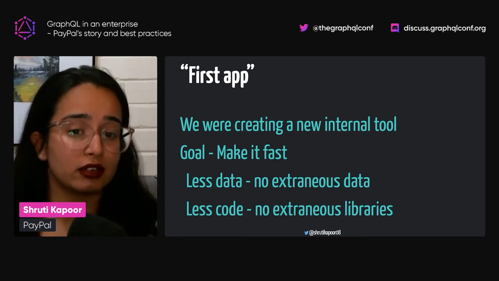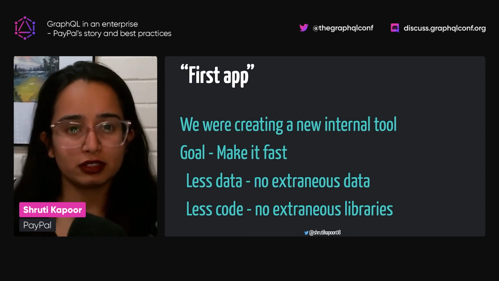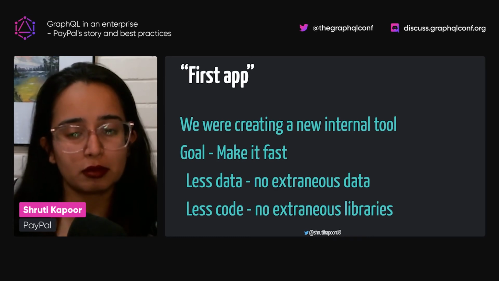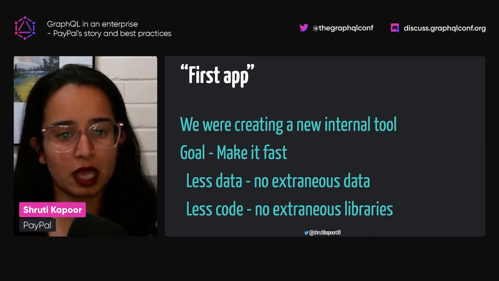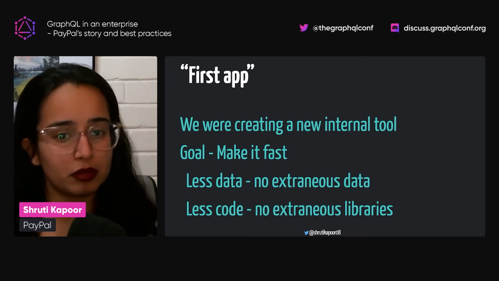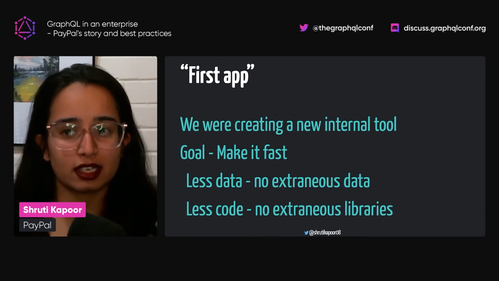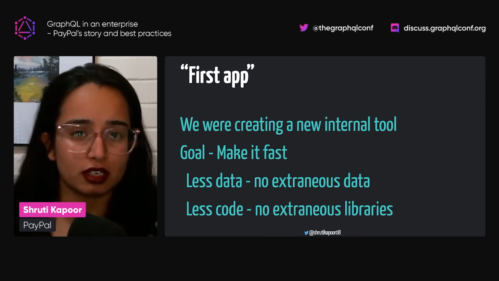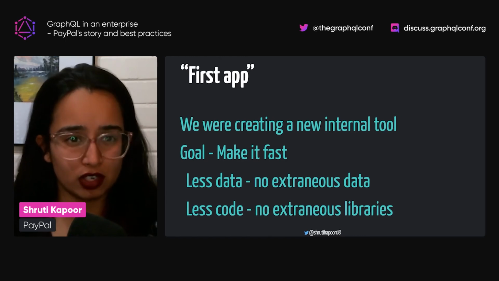That's why GraphQL became a really good candidate, because with the help of GraphQL, we were able to get rid of our Redux state management library. Even though GraphQL is not a state management library, by removing the code that we were sending to our React layer, we didn't have to store and format all of that data on the client side.